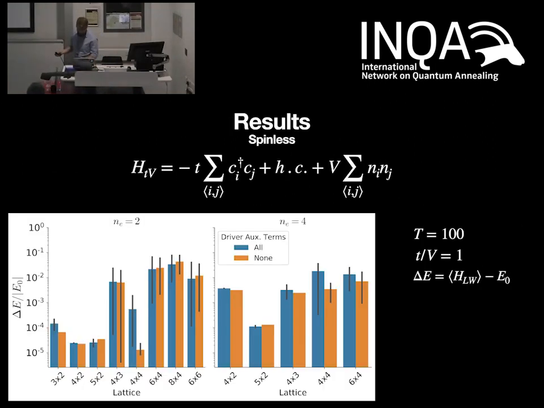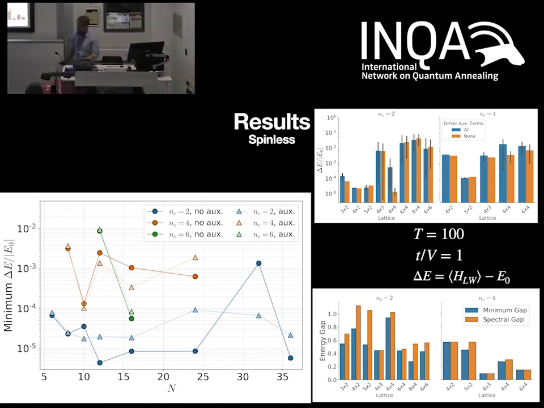And the bars are representing the best driver and the worst driver, and these are the mean values averaged over all possibilities. So here we also focus on looking only at the best performing driver, and comparing them with the auxiliary and without the auxiliary qubit, so without the non-local terms, just to check